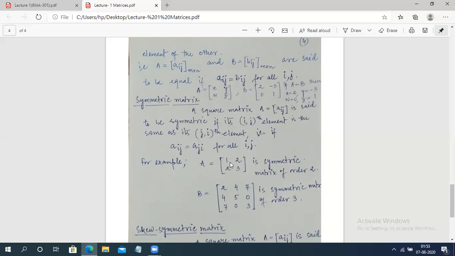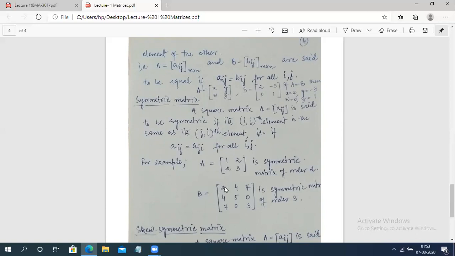सिमेट्रिक मैट्रिक्स को हम ऐसे भी कह सकते हैं कि अगर कोई मैट्रिक्स डायगोनल एलिमेंट्स के रेस्पेक्ट में सिमेट्रिक होता है, दैट मीन्स जैसे ये डायगोनल है 1 3, इधर जो इमेज है उसके उधर भी उसका रिफ्लेक्टेड इमेज ही होगा, तब वो मैट्रिक्स सिमेट्रिक होता है। या फिर इसको कह लीजिए A12 A21 के बराबर है, A13 A31 के इक्वल होगा। मतलब एलिमेंट्स अगर नंबर सेम है तो हम उसको सिमेट्रिक मैट्रिक्स कहेंगे।